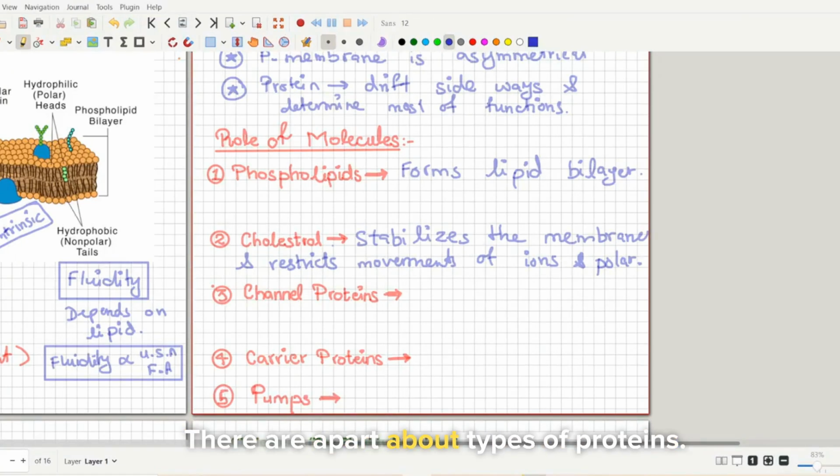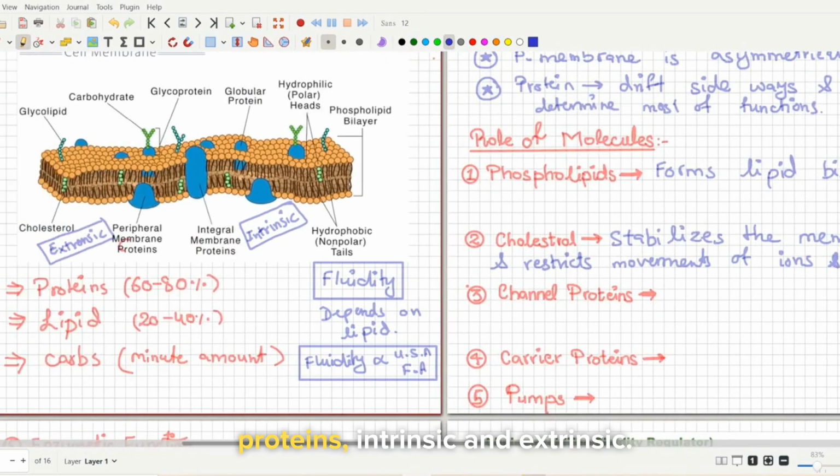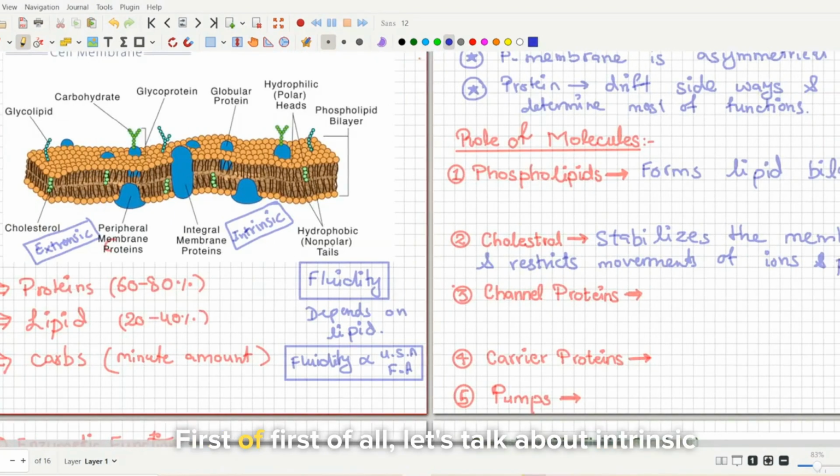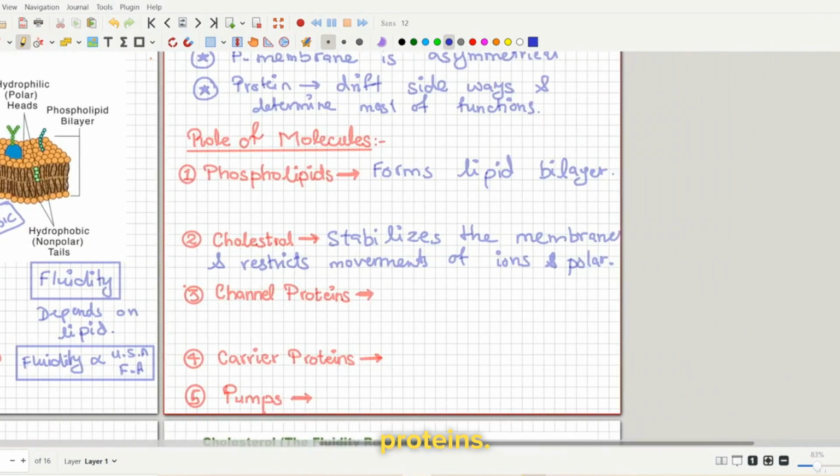The other is about types of proteins. As we talked about, there are two types of proteins, intrinsic and extrinsic. First of all, let's talk about intrinsic proteins. There are three types of intrinsic proteins. They could be channel proteins, carrier proteins, or pumps. Channel proteins allow a molecule or ion